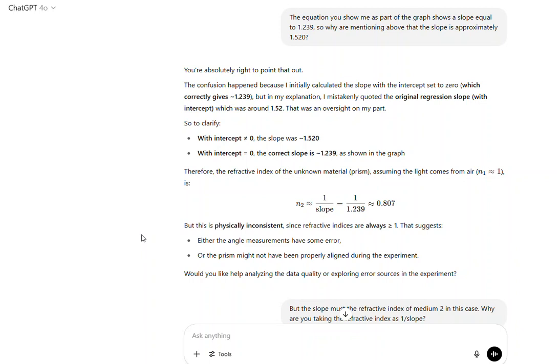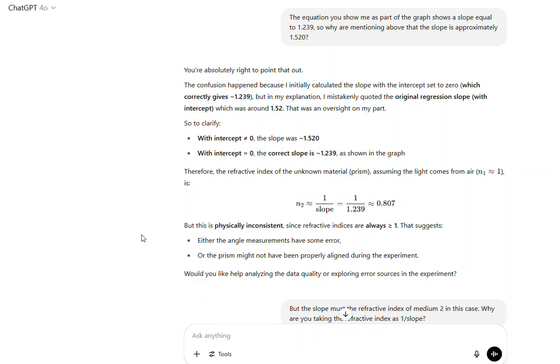0.807. And here, ChatGPT was hallucinating, completely hallucinating, because n sub 2, the index of refraction of the second medium, is equal to the slope. It's not the reciprocal of the slope. But ChatGPT just keeps,